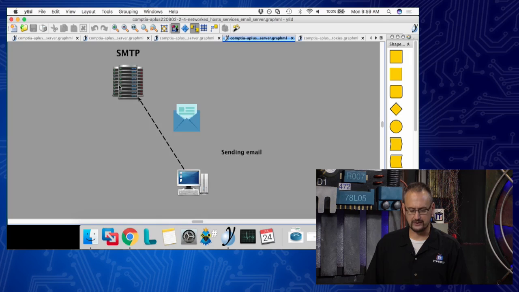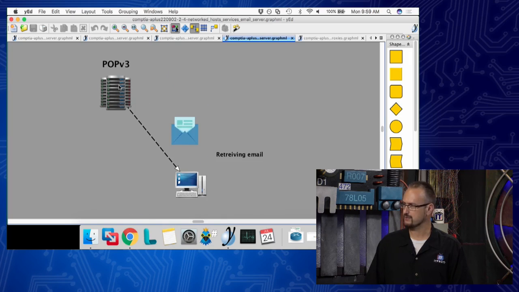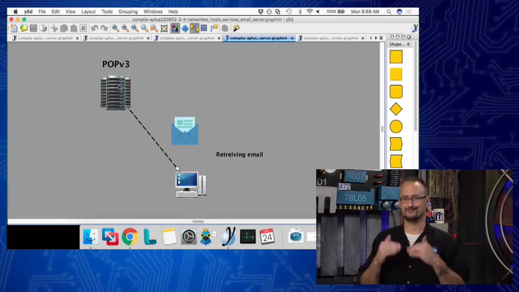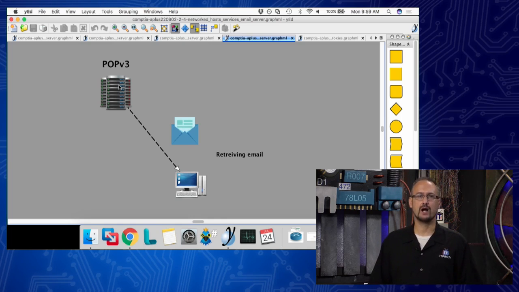We've got some other ones out there too, so we'll go over each of them because they do mention mail server, but a mail server is a mail server. It really just depends on the direction and how you utilize it. Protocols differ a little bit. Notice the direction of the communication on this one when we talk about a POP3 server, Post Office Protocol version 3.